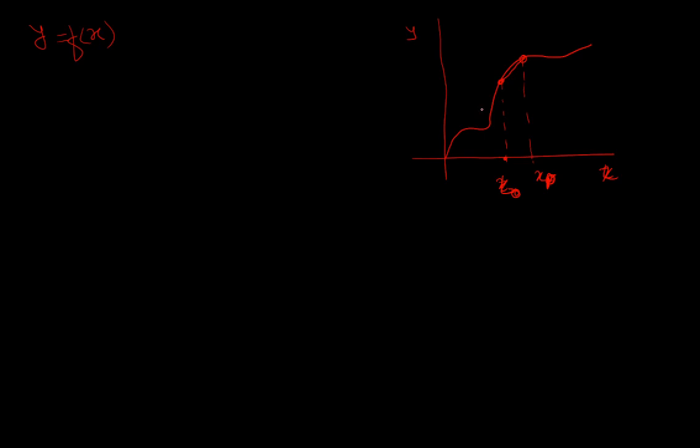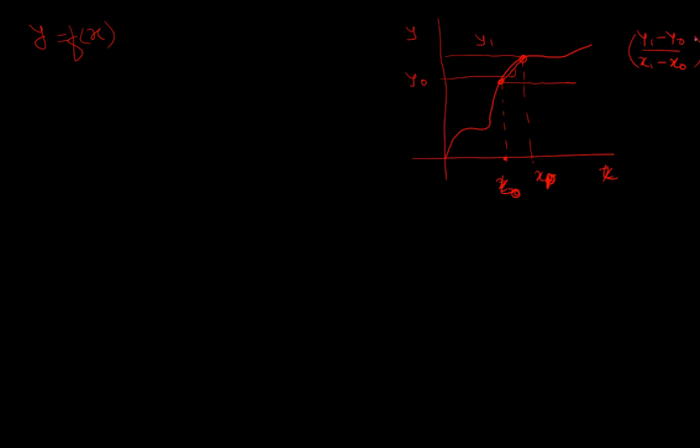Okay, I want to join these 2 points into a straight line. What I can do, I can have a slope of this. Slope means, how can I determine slope? Here my y1 will be there and here y0 will be there. y1 minus y0 upon x1 minus x0. This is my slope.